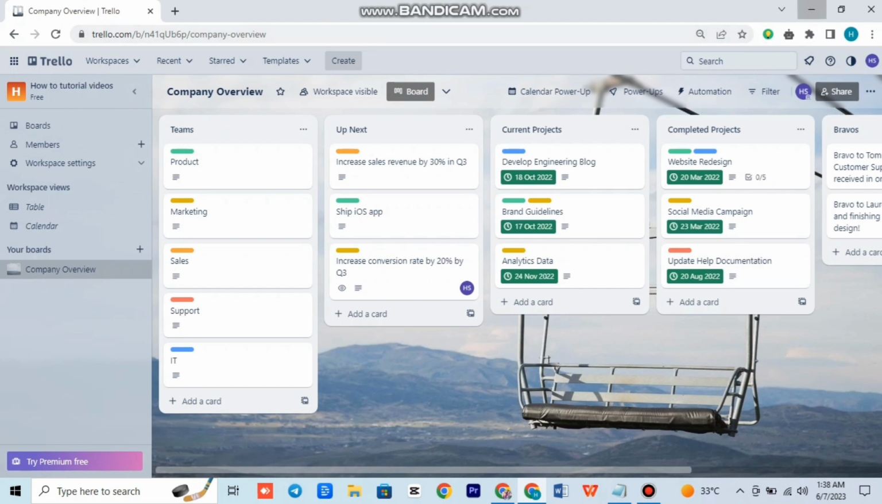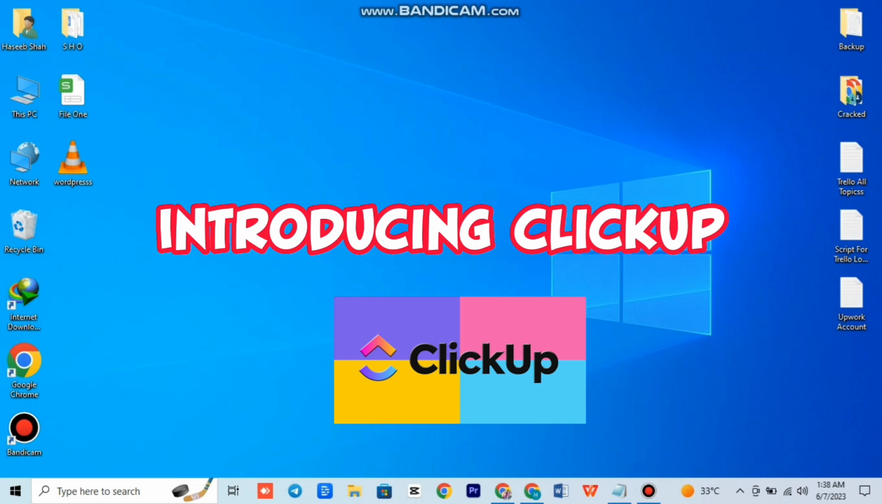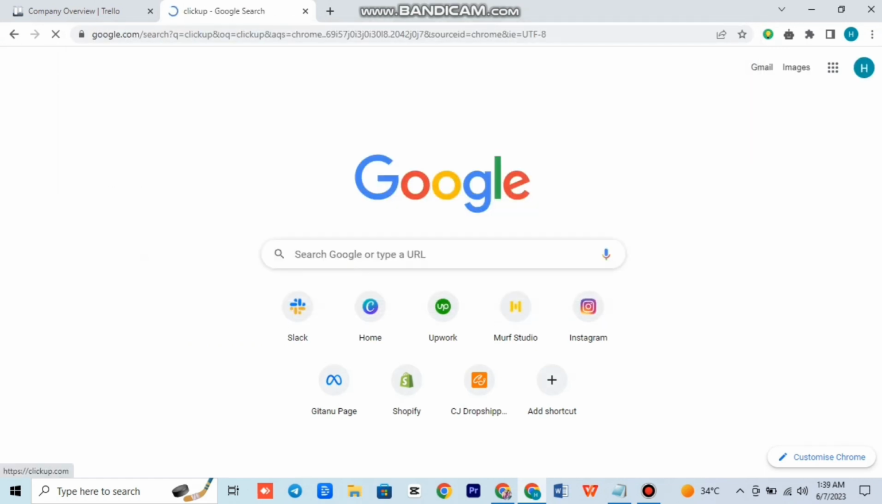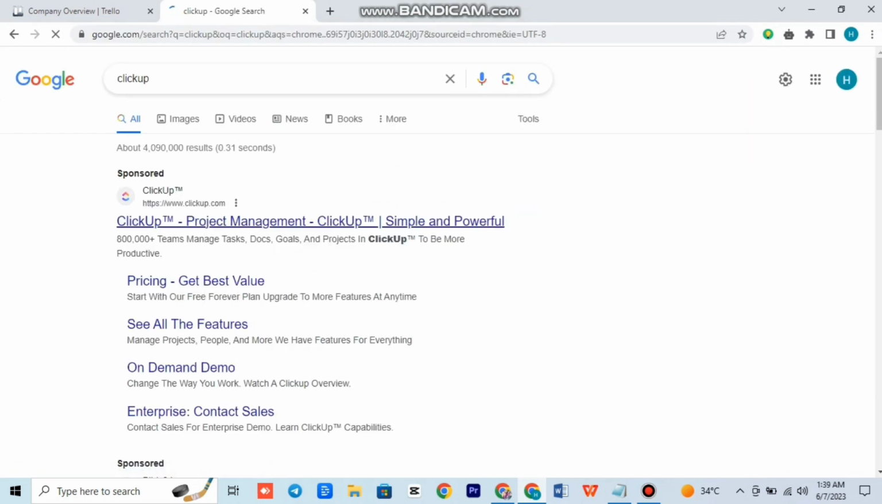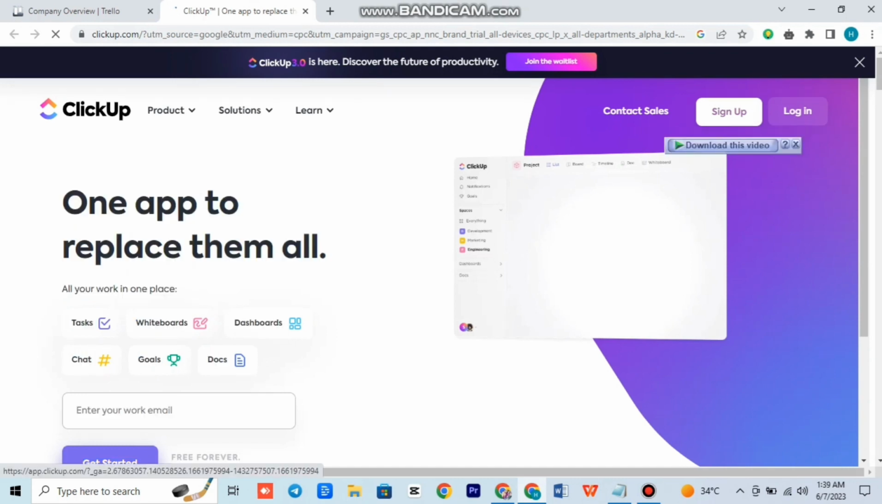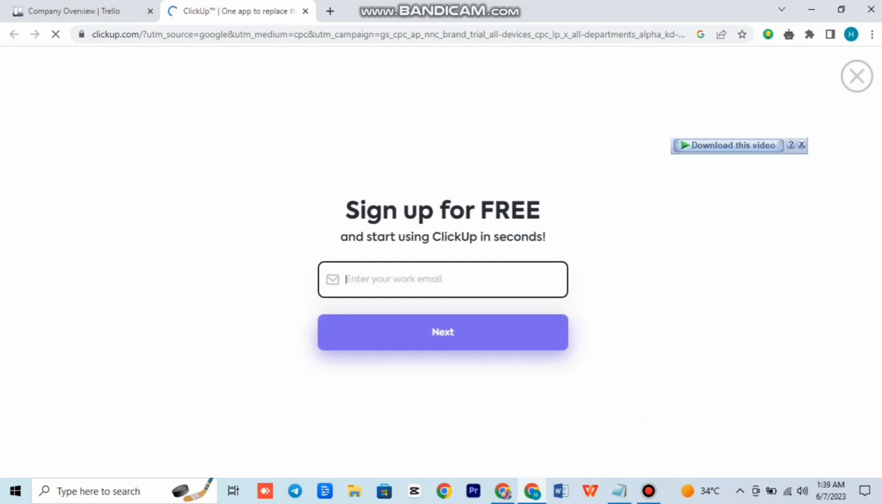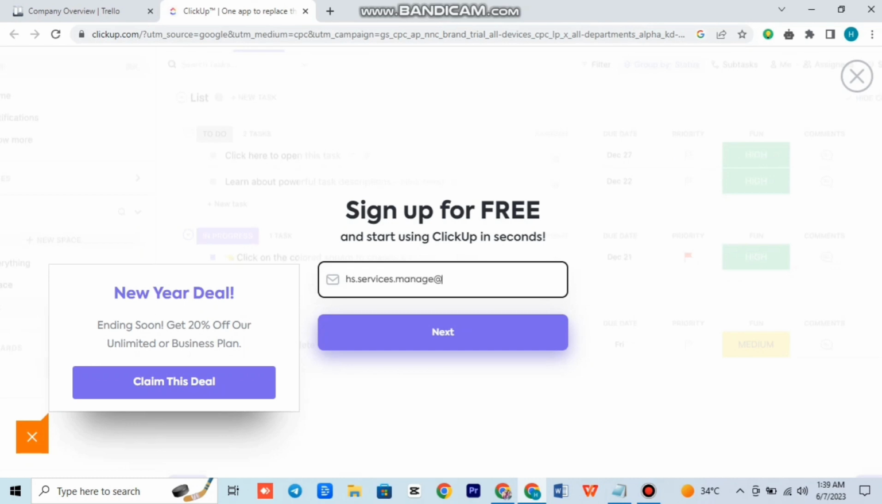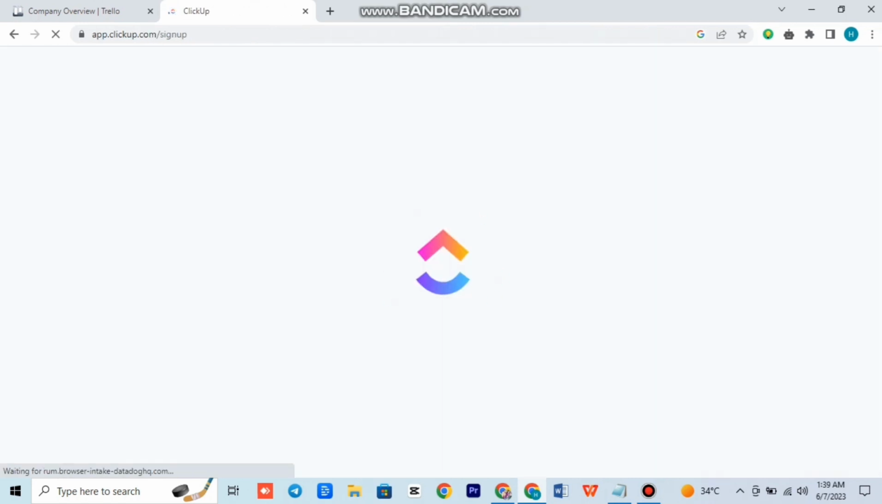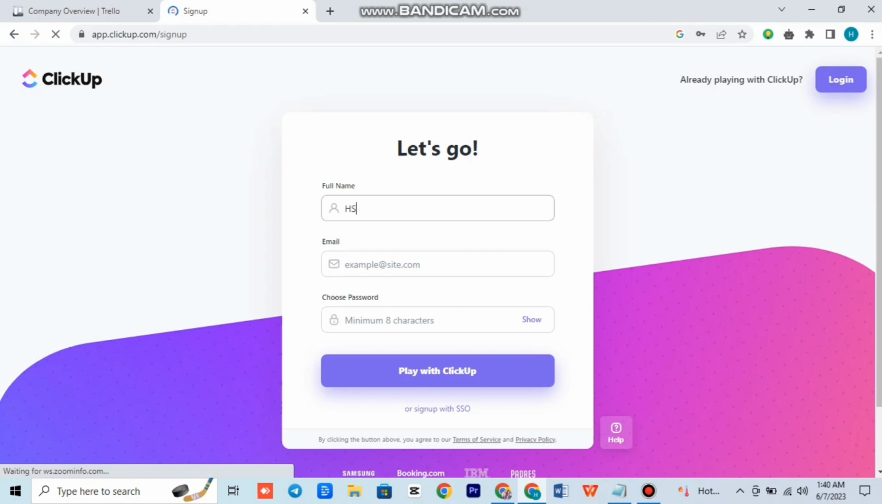Now, the next management tool we are going to talk about is ClickUp. First of all, go to your Google Chrome or your browser and type clickup.com or simply ClickUp. It will open these websites for you. You have to tap on the first one and it will open the ClickUp website on your computer or laptop. Then you just have to make an account on ClickUp. For that, you have to sign up for free, enter your email address and then click on next. After that, it will take you to the next page, where you have to fill in all this information. You have to put your full name, your email address and create a password